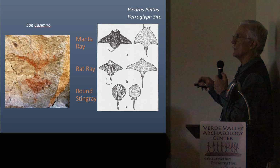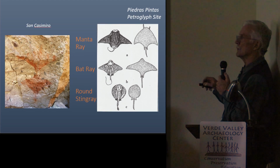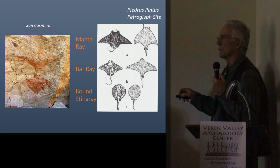But you can see they identified 3 different stingrays. And ours looks probably like a manta ray because see the long tail, and then it's got the two antennae or whatever coming out of the top. So,